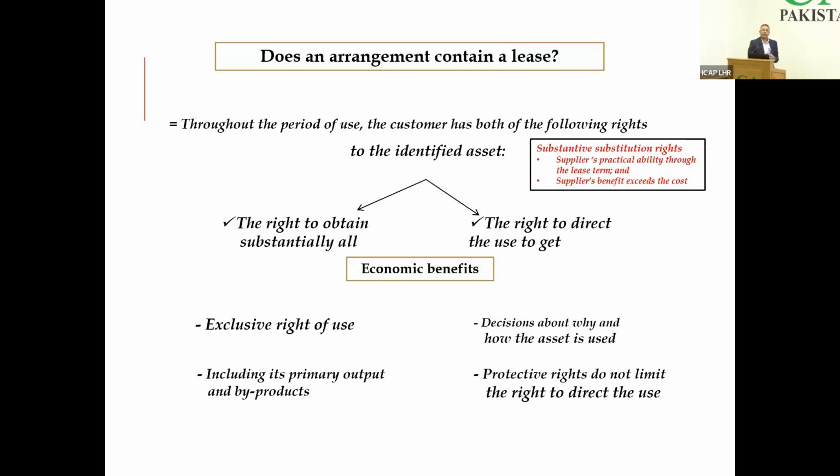So whether that contract is a lease of an identifiable asset or not, this is a very important part of the standard: substantive substitution rights. If substantive substitution rights exist in the contract, then the supplier, the lessor, has the practical ability to substitute the asset during the lease term, and the supplier basically has a benefit which exceeds its cost to substitute the asset. If those two conditions exist, then this lease contract is not of an identifiable asset, and it's